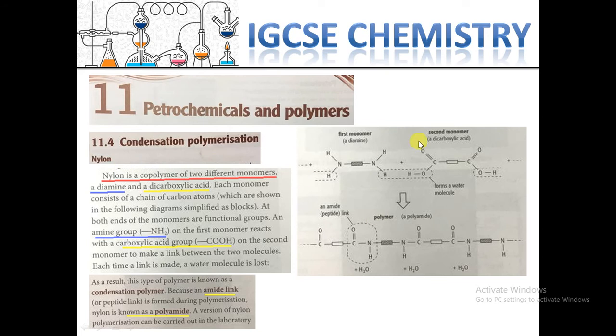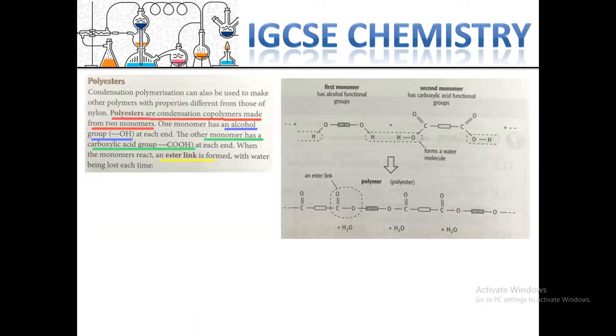Please concentrate on this reaction. It's very important. Keep in your mind that there is an amine group on one side and a carboxylic group on the other. The second example, based on your book, is polyesters. Polyesters are condensation polymers made from two monomers like the previous one, but one side is an alcohol group, not an amine group,